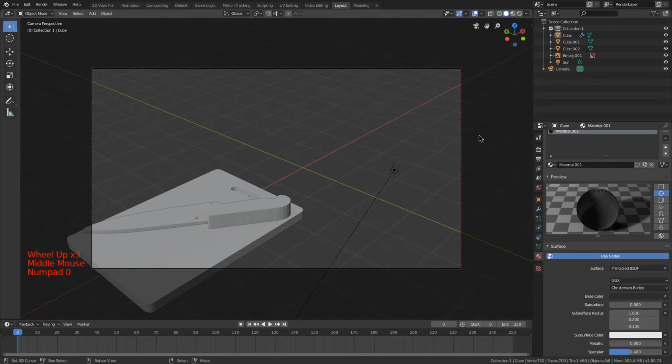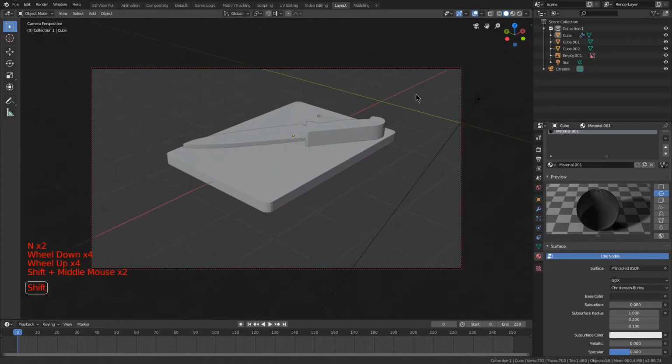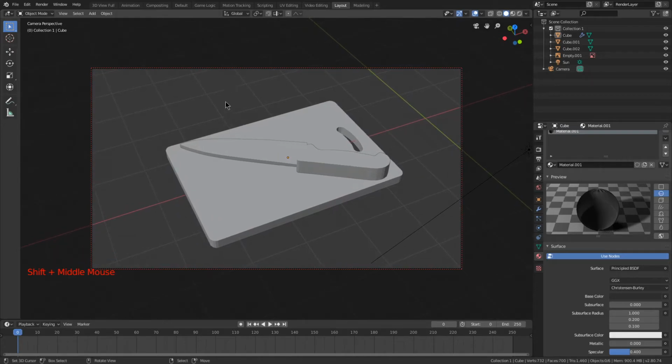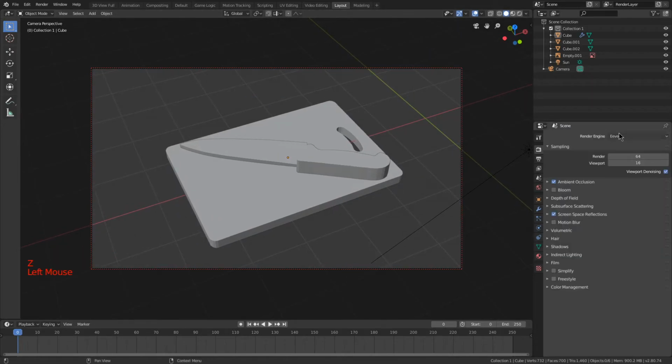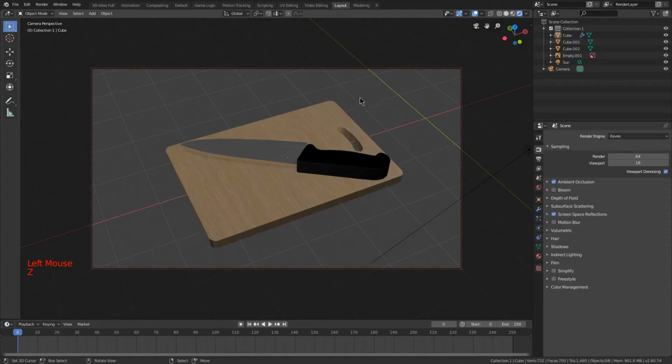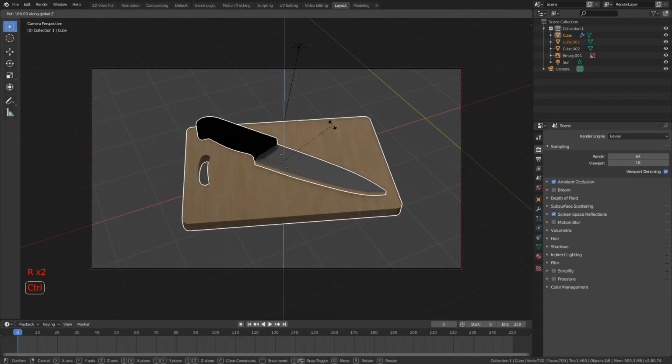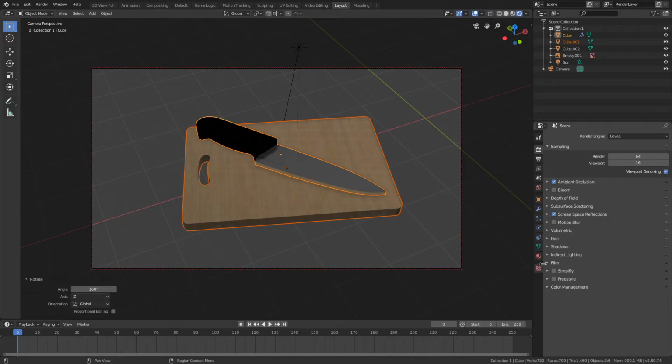So go into camera, make sure it's locked to view, enable your position, like so. I'm now going to enable the cycle. Actually, you can do it. I'll just show you what it looks like here with the sunlight. I'm also going to just quickly rotate this so that it's like this. I also need to